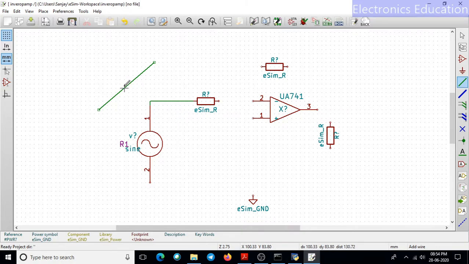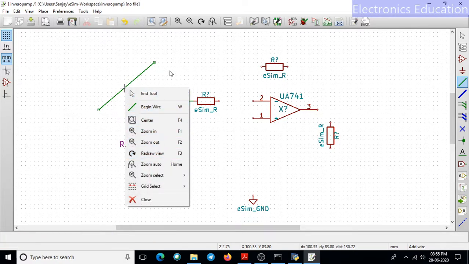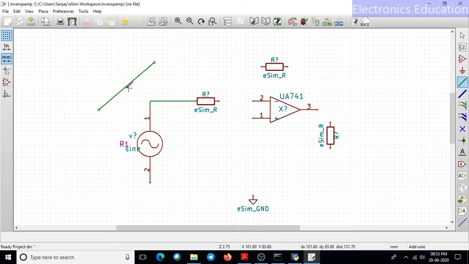Now actually this wire is unnecessary. I have no need for this particular wire, so I can delete it. Simply place my cursor over the wire and press the delete button. Okay, so I will come here and this can be deleted.